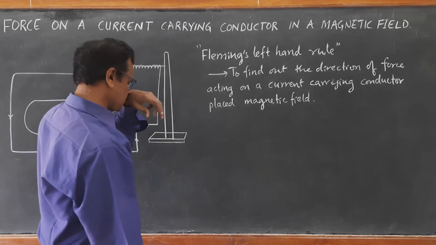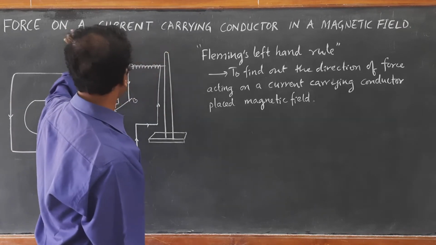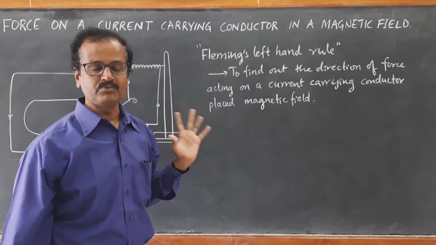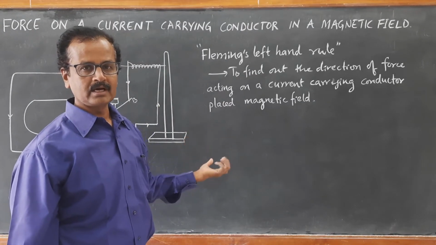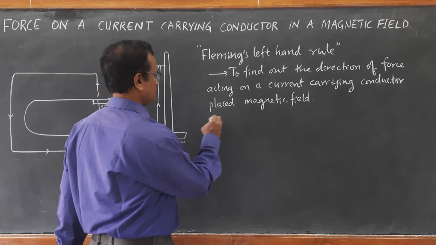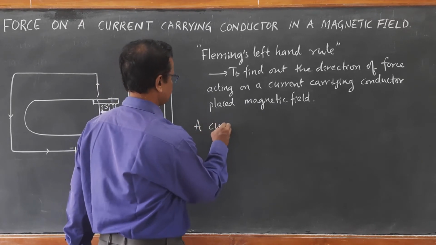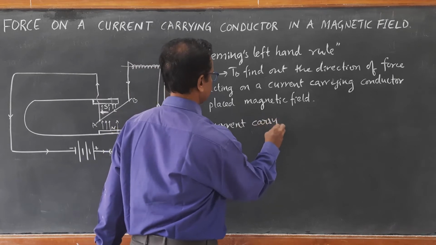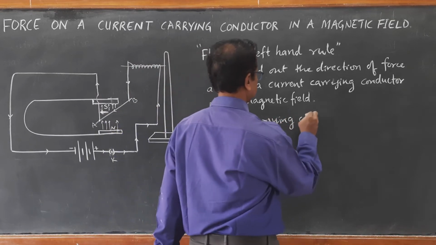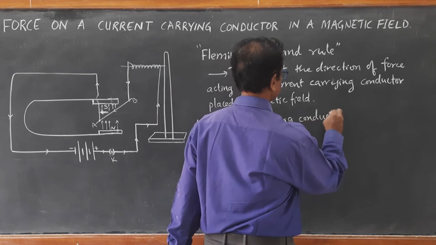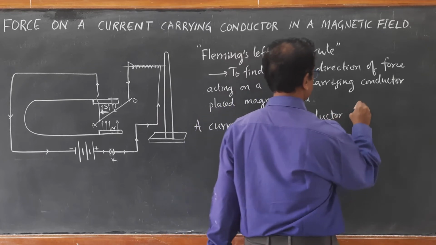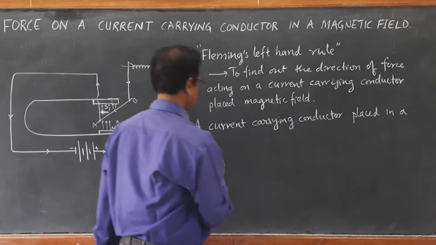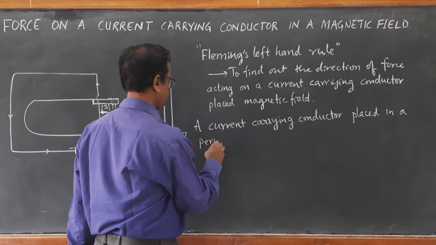It means a current carrying conductor, when placed in a magnetic field, experiences a force. This is what we are concluding. So a current carrying conductor placed in a perpendicular magnetic field